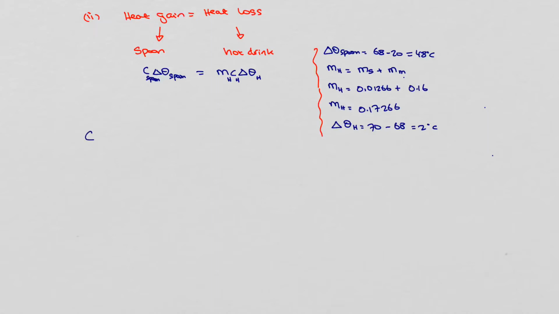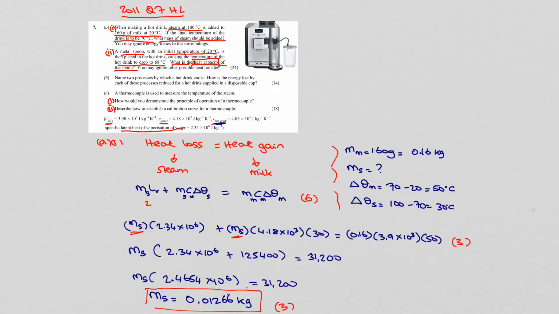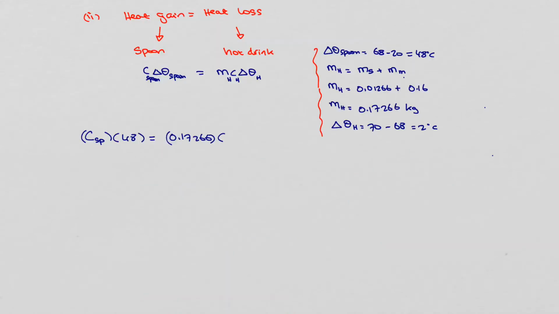So our specific heat capacity for the spoon, I'll just shorten that to SP for spoon, times the change in temperature of the spoon, we said is 48 degrees Celsius, is equal to the mass of the hot drink, and that should be kilograms, 0.17266 kilograms, times the specific heat capacity for the hot drink. Let's go back. So that's 4.05 by 10 to the power of 3, times the change in temperature of the hot drink, which is 2. So in other words, we have 48C for the spoon is equal to